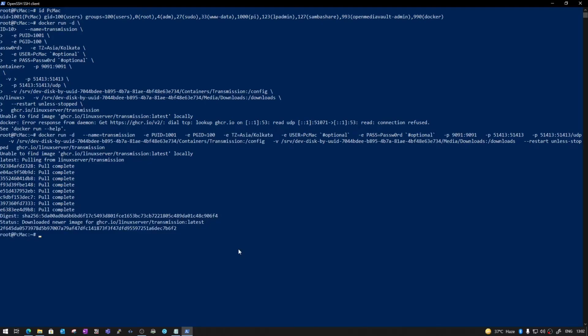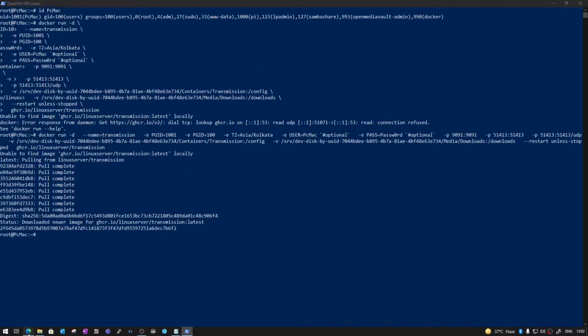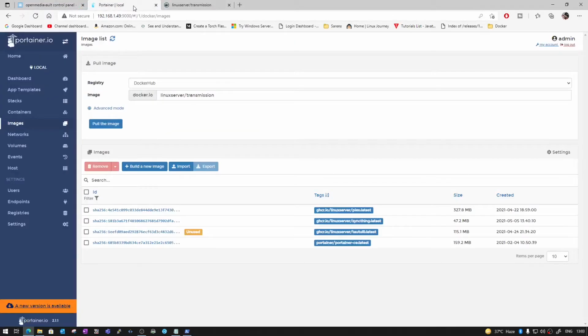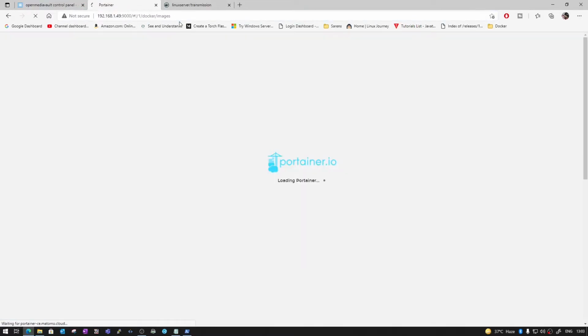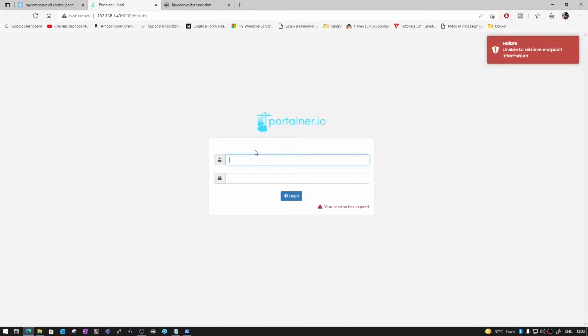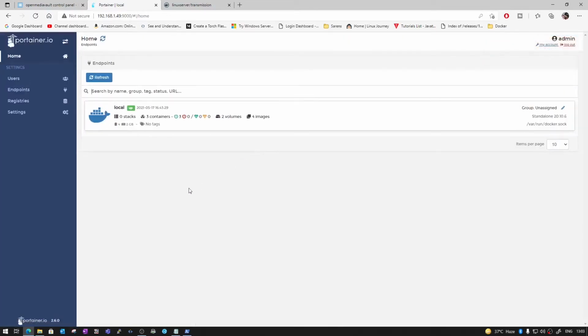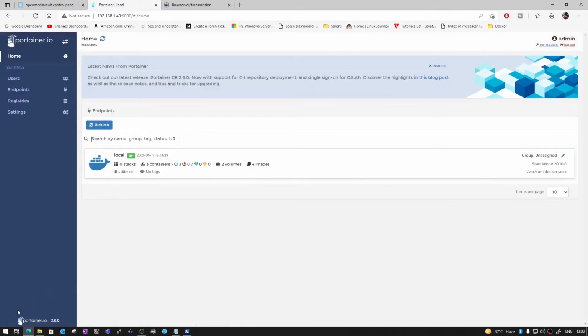So this one is done. Now we need to go back to our Portainer and just refresh it, because I have already updated it. So admin and then password. You can see that the error is also gone from the bottom left corner.